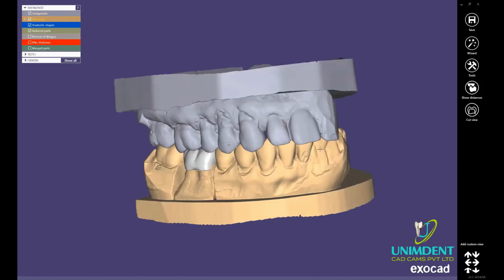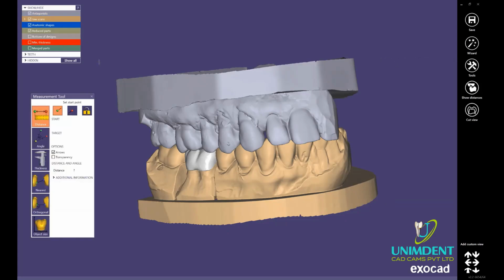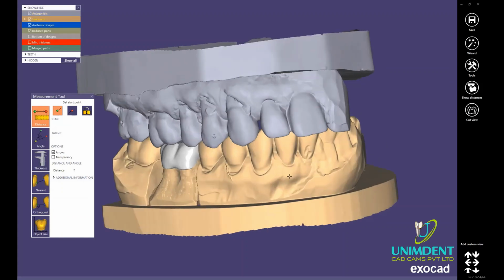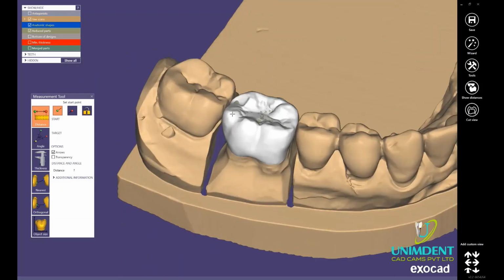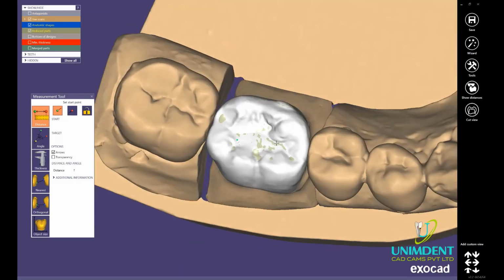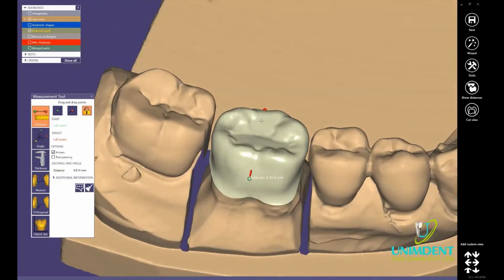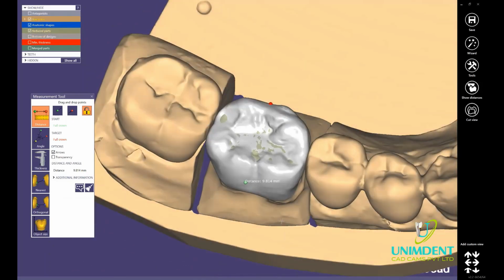So another thing I want to talk about is the tools. Inside Tools, as you can see, I have many options, okay? Let's start from the first one, measurement tool. Here you have different tools where you can measure your item in different ways, okay? So let's say distance. I want to see the distance from here to here, for example, okay? And on my anatomic shape. And right now it is